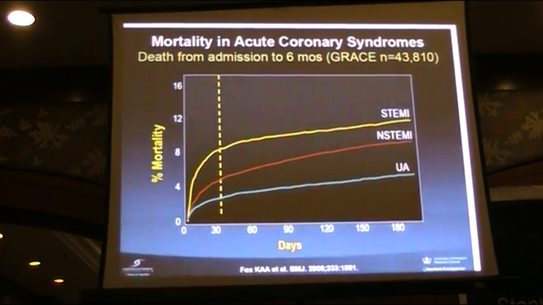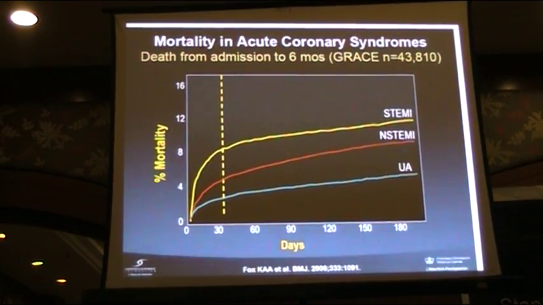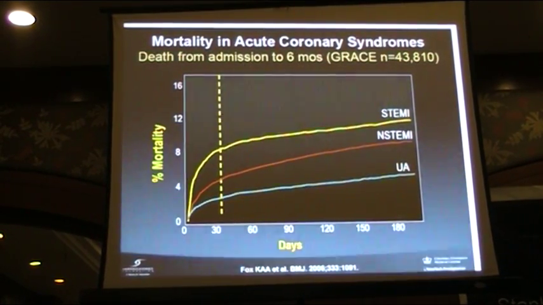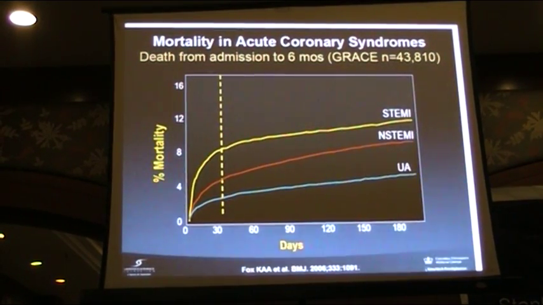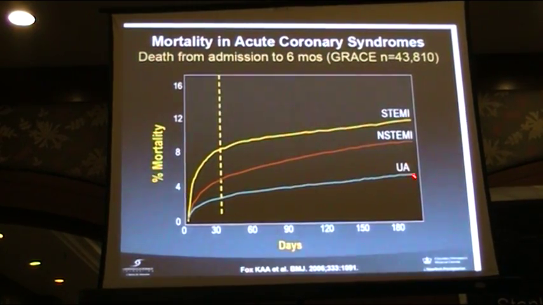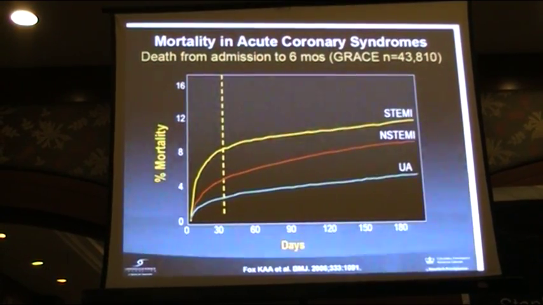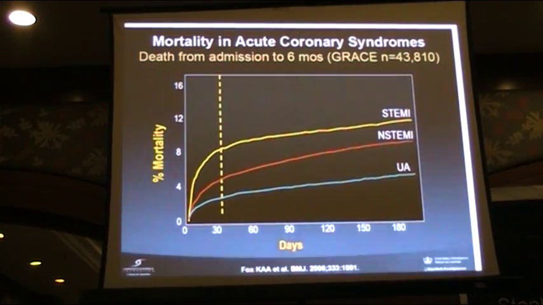If you see the mortality from acute coronary syndrome from major trials published in the BMJ about a decade ago, the highest is with ST elevation MI. That much is the diagnostic value of that single 12-lead ECG. It's very easy for any of us to make out ST elevation on the ECG. The moment we have ST elevation MI, all of us are jittery because we need to treat it with right earnest.